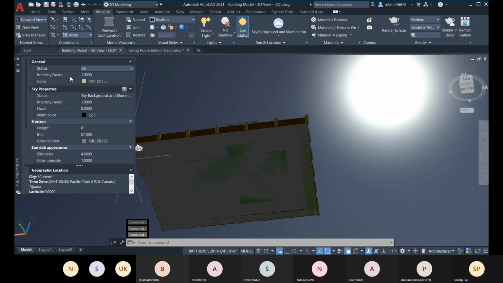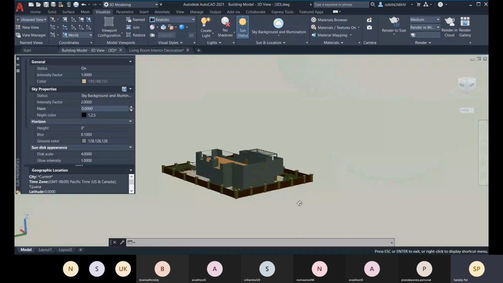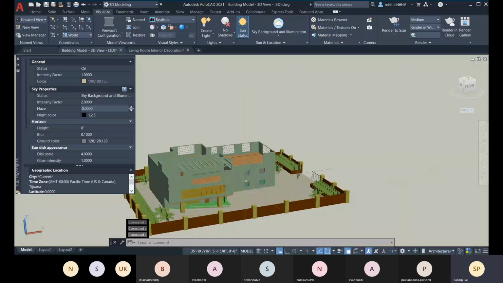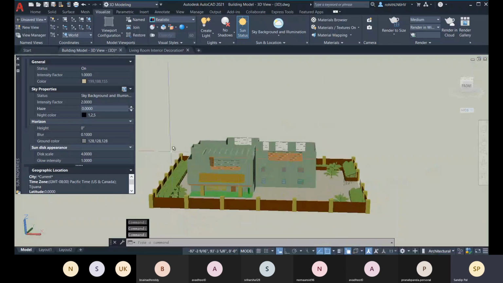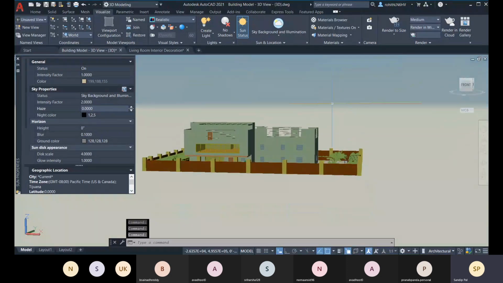And about the intensity factor, you can change it. About the color, you can change it. And this is about the sky properties. About the sky properties, you can change anything, like let me change the intensity there. So there you can see the clearer you make the sky background, and as per that you are getting the effect, right? And about haze, haze is like you see here, you get some haziness, right?